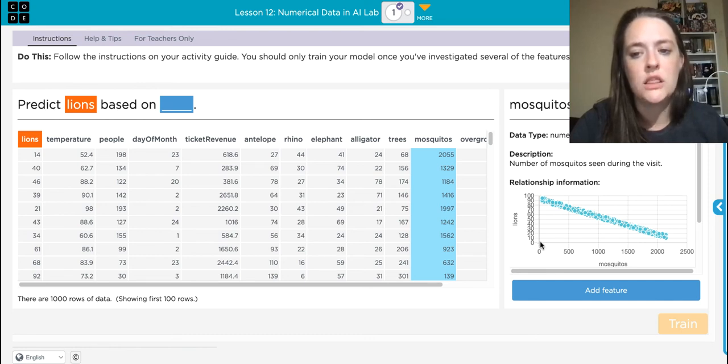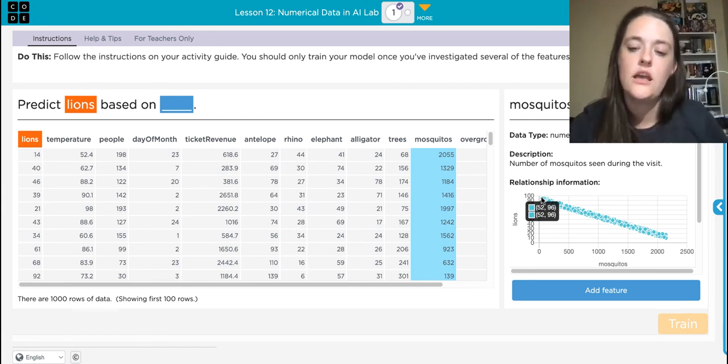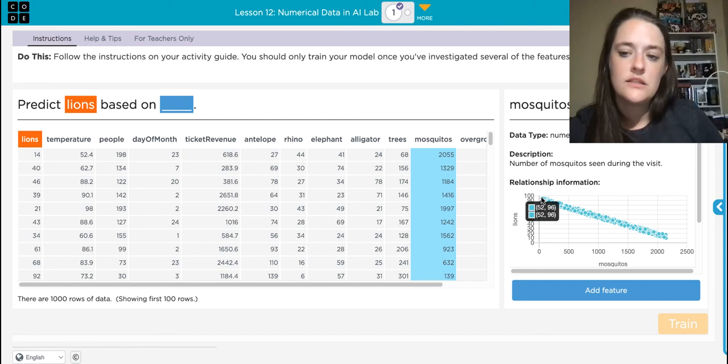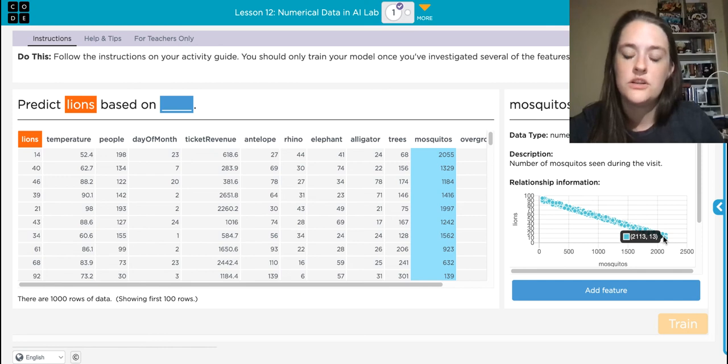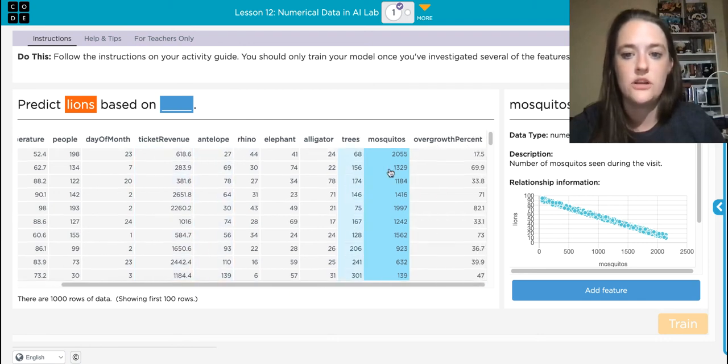When there's a lot of lions, okay, when there's a lot of lions, there's not a lot of mosquitoes. That's kind of odd, because I really don't think mosquitoes would be afraid of lions. What is the relationship between that? When there's a low number of lions, there's a lot of mosquitoes. Okay, so you are going to